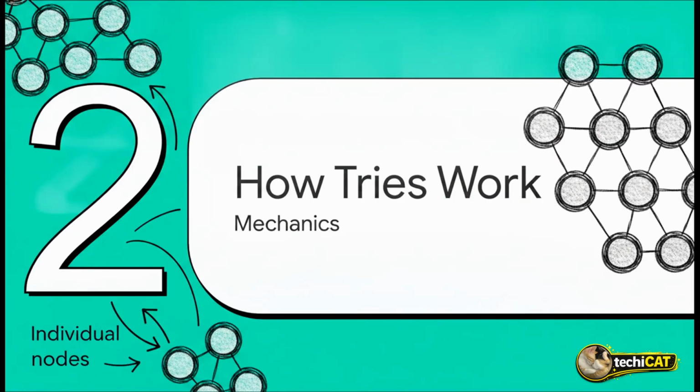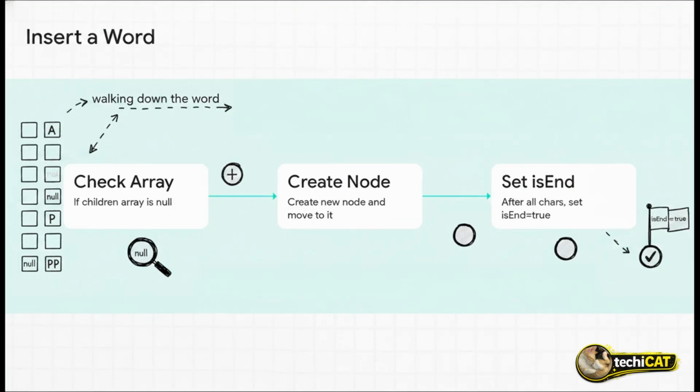Section 2, How Tries Actually Work. Okay, so we've got our individual nodes, but let's move to the mechanics and see how this builds into an actual working system. Inserting a word into this structure is beautifully logical. Step 1, you just walk down the characters of the word you want to insert. For each character, you check your 26-slot array to see if that letter's spot is empty or null. Step 2, if it is null, you create a new node for that letter and move down into it. You repeat this for every single letter. Finally, step 3, after all characters are placed, you just plant your flag at the end by setting that isEnd